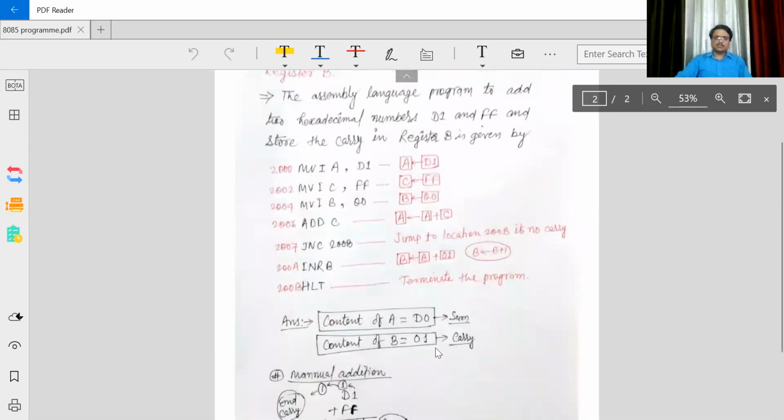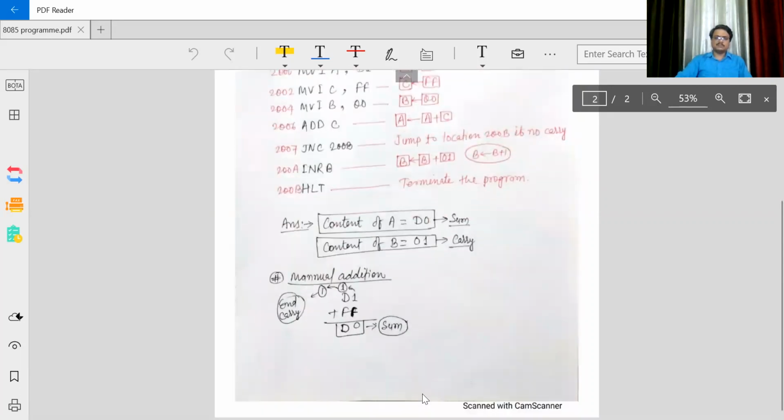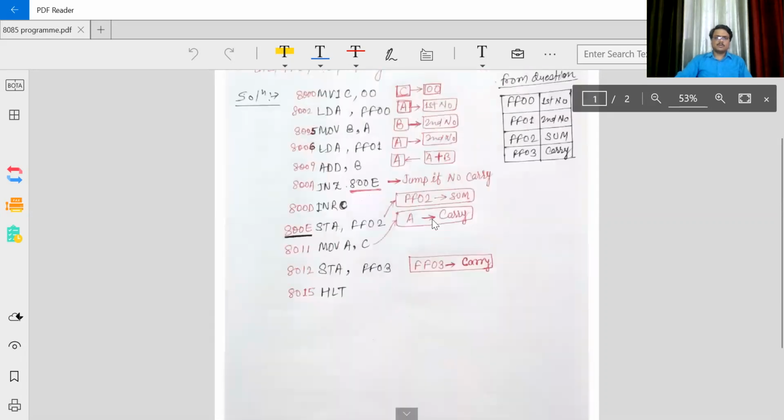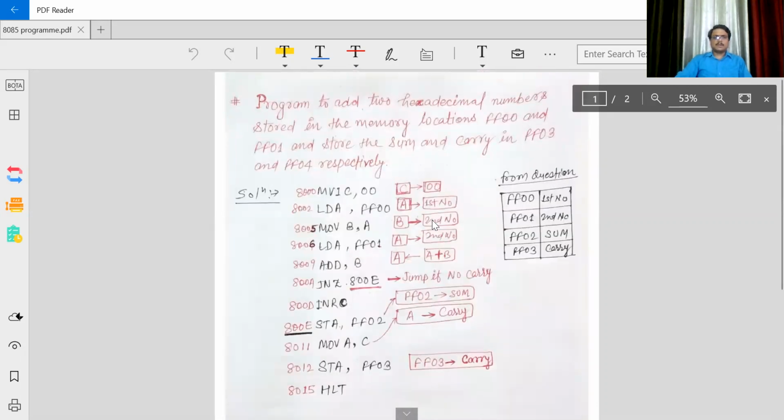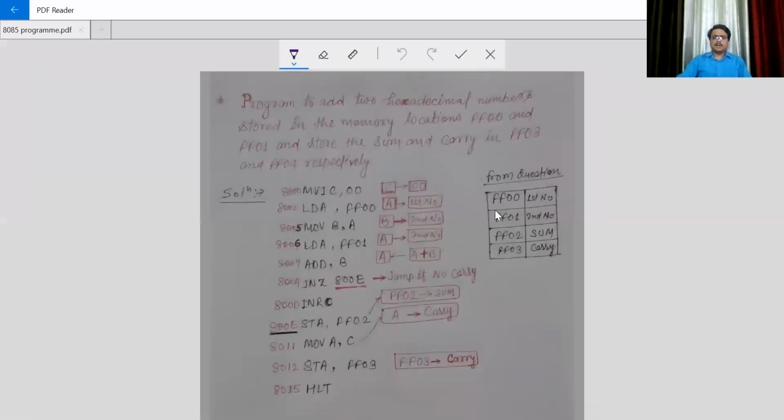In today's class we'll see a program where the numbers are not given directly. The numbers are given in memory locations. Say the first number is in FF00 and the second number is in FF01.